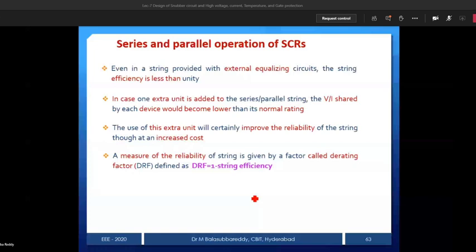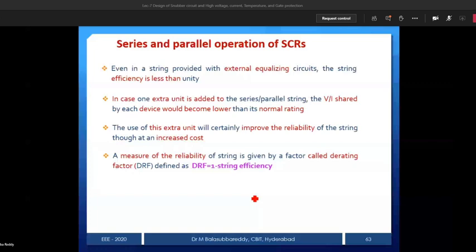Is it clear? But what if I use 20 SCRs in parallel to meet the 100 ampere demand only. One case is 10 SCRs connected in parallel, each SCR rated 10 amperes, to meet the 100 ampere demand. In the other case, for the same 100 ampere demand, I use 20 SCRs in parallel. Which case will give more reliability?